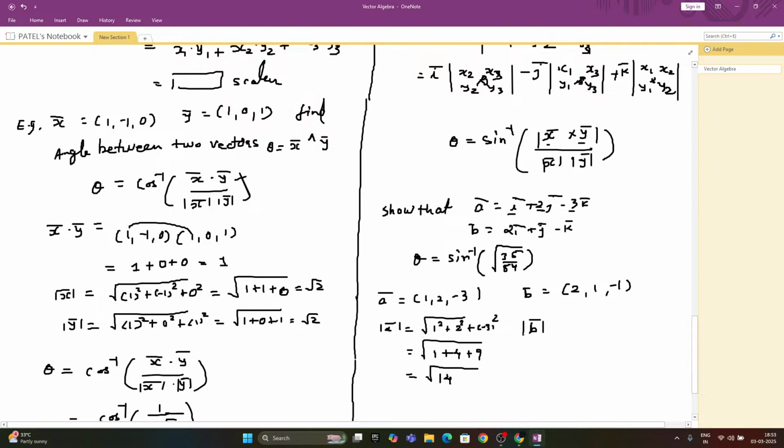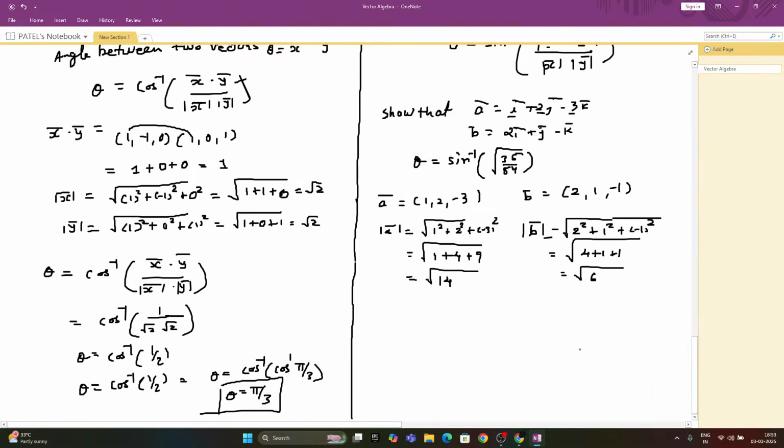And mod of b bar, which is under root 2 square plus 1 square minus 1 square. So it is 4 plus 1 plus 1. It is 6. So this way we have the mod. Then for that